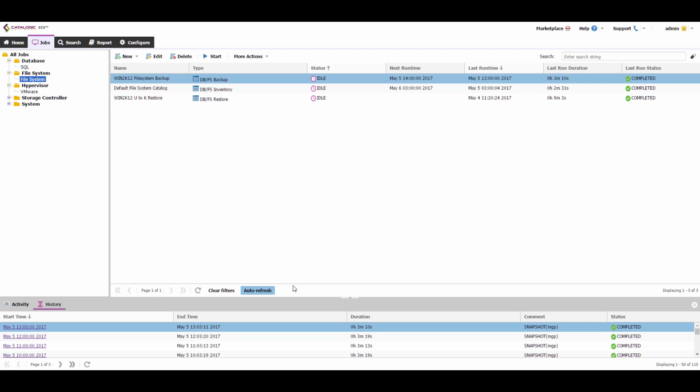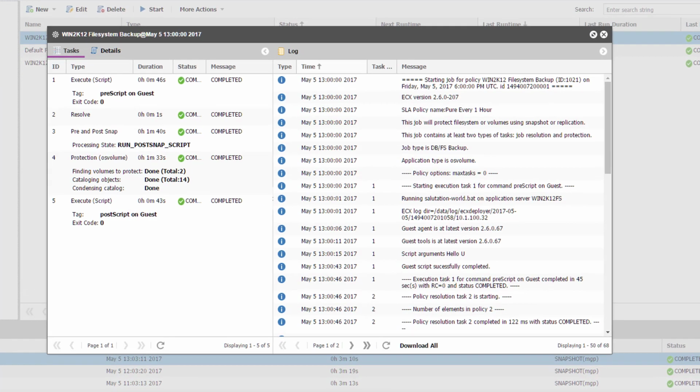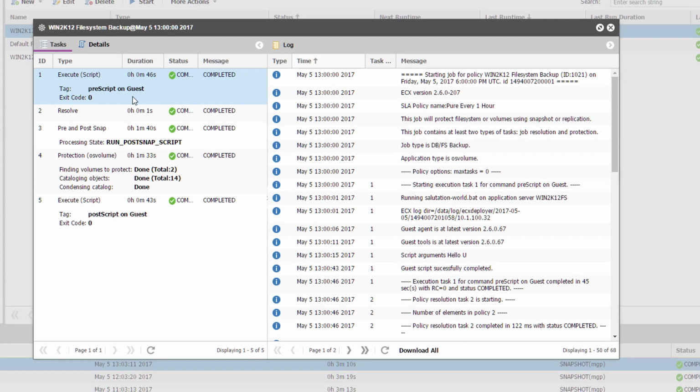An example backup job has been previously created and run to show the orchestration task performed when a file system is protected. In this example, our prescript is invoked and then drive letters U and V are discovered on the file system server, and the LUNs to which they correspond are resolved to Pure Storage volumes. From here, ECX can snapshot the volume on the peer, catalog its location, and execute the